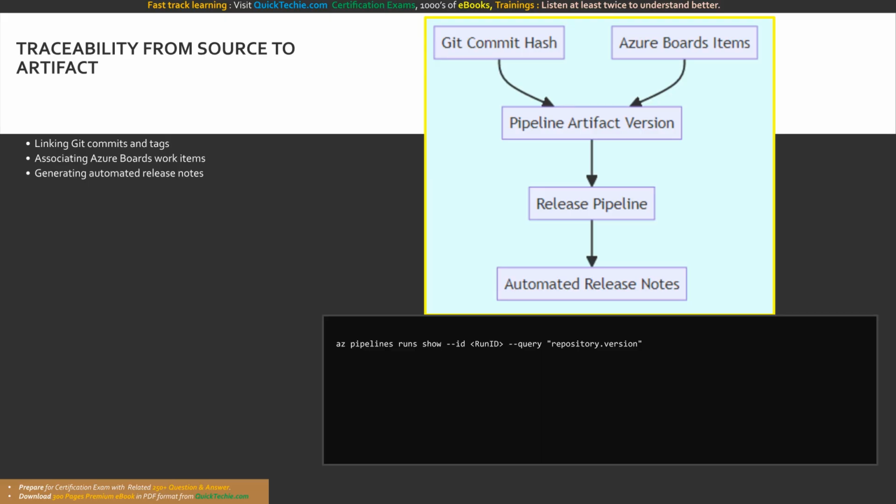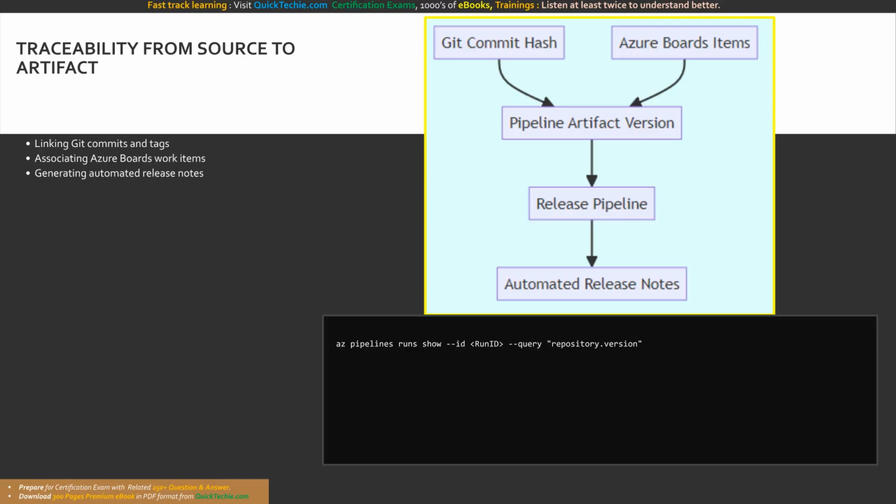This creates a deeply interconnected graph of specific data. When the versioned artifact is eventually pulled into a release pipeline for deployment, this embedded metadata is utilized to automatically generate highly detailed, accurate release notes. Operations teams can review the artifact payload and see precisely which features were developed and which bugs were remediated since the previous artifact version was deployed. This automated traceability is the ultimate mechanism for proving to stakeholders and auditors that the software delivery lifecycle is completely